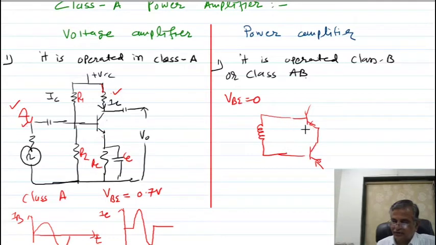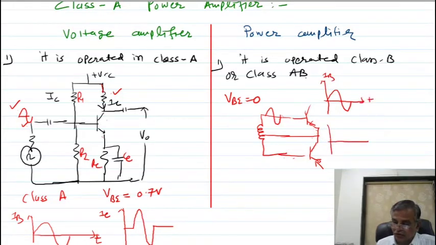So base emitter is what? Ground, you can say. Base emitter is short circuited, so VB voltage is 0. When VB voltage is 0, then remember, as I apply the signal, current flows. This is a base signal with time, and the collector current flows only for the positive half, but for a PNP transistor, current will flow only for the negative half of the cycle.